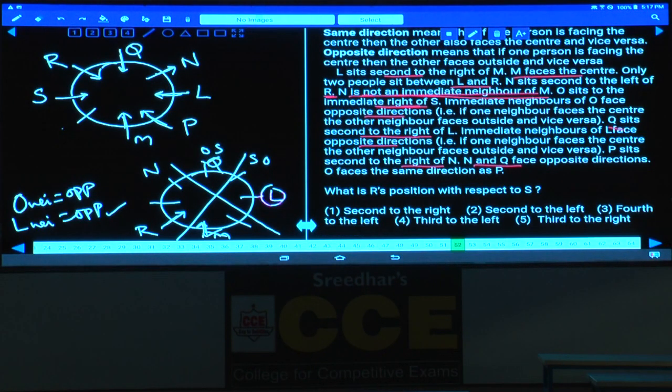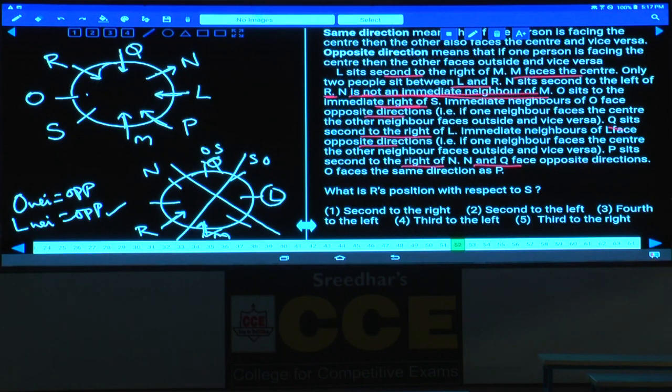As O cannot be here, then O must be adjacent to R. If O is here, then S will be here. O and S. If O and S are in these two places, then what is information here? And P sits,